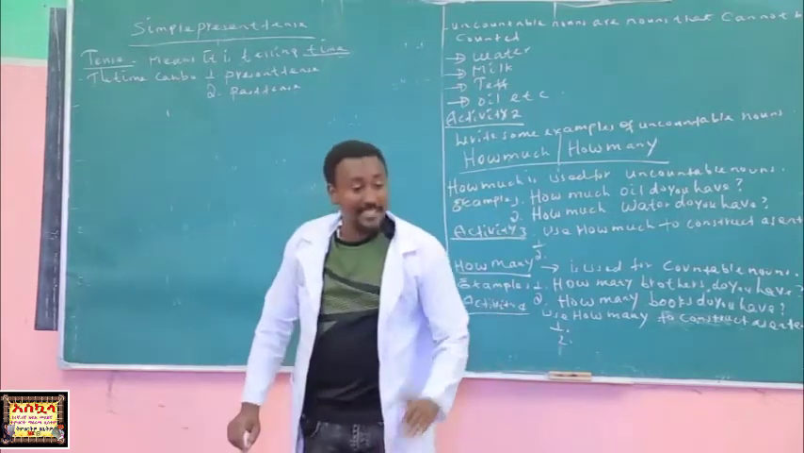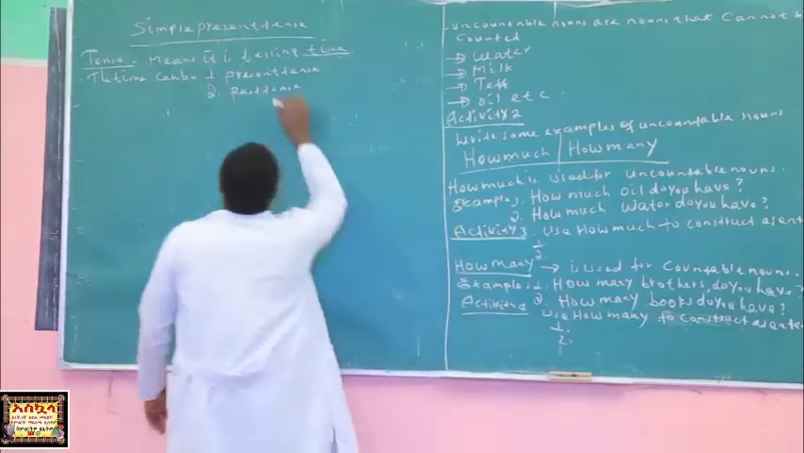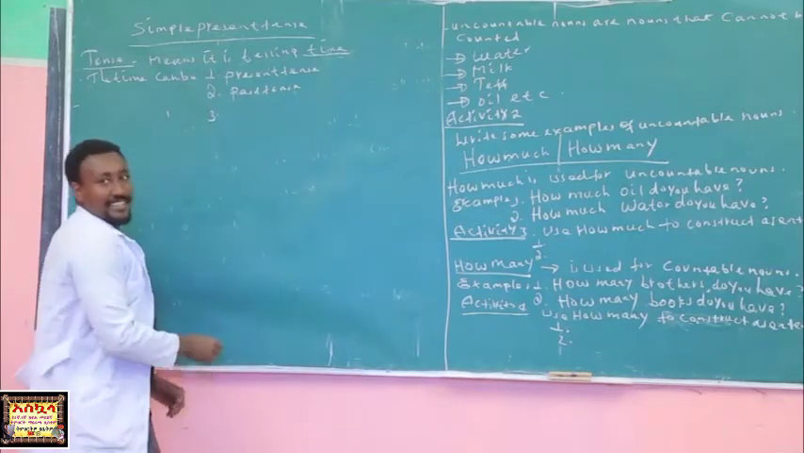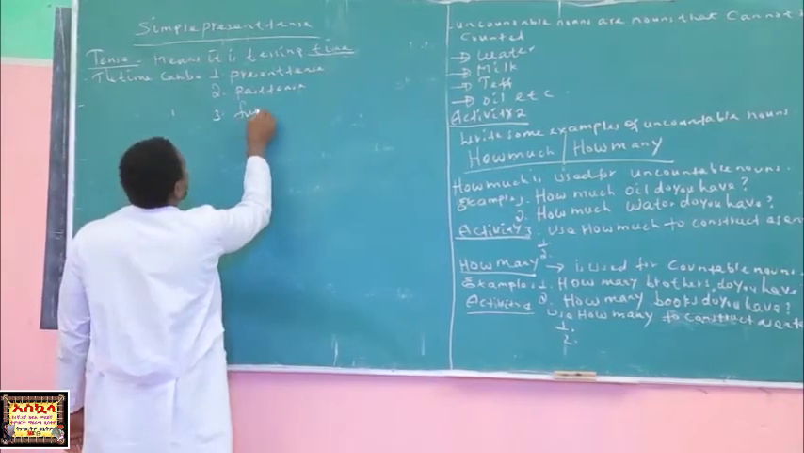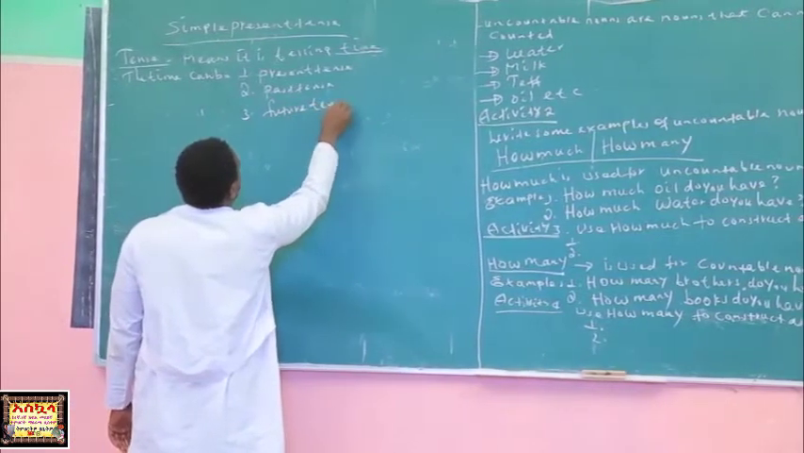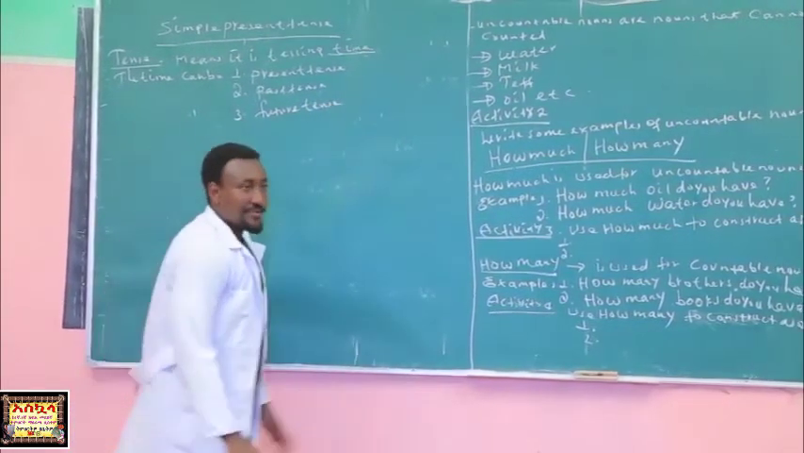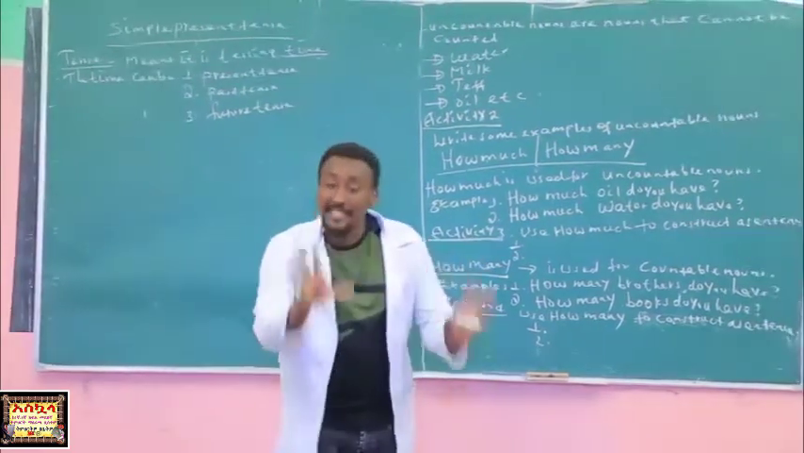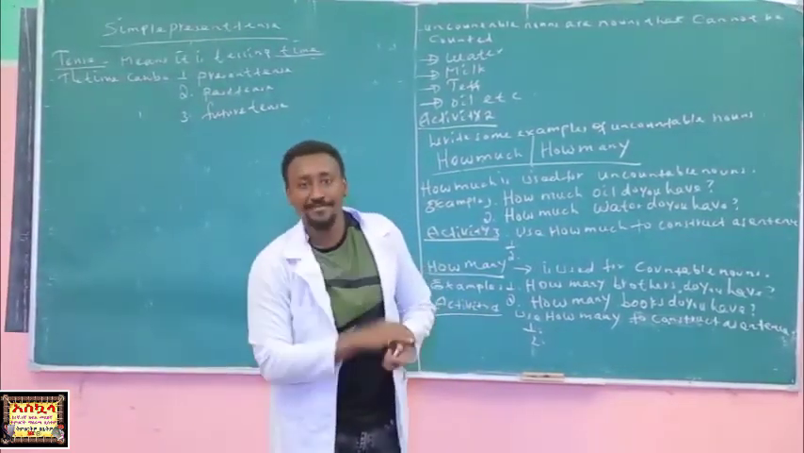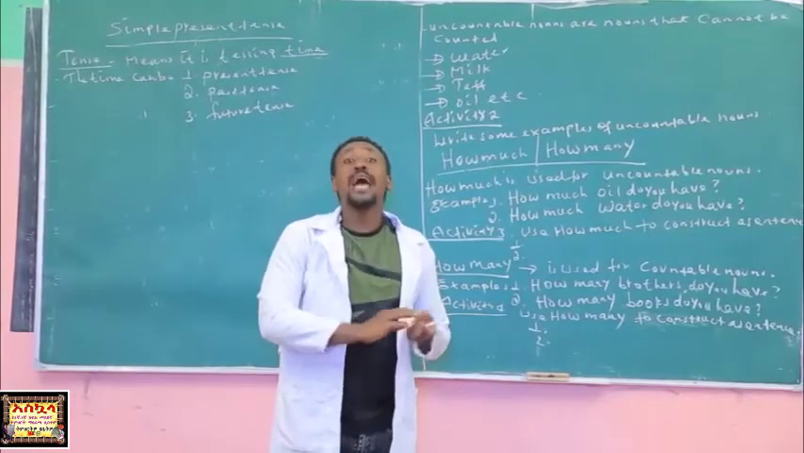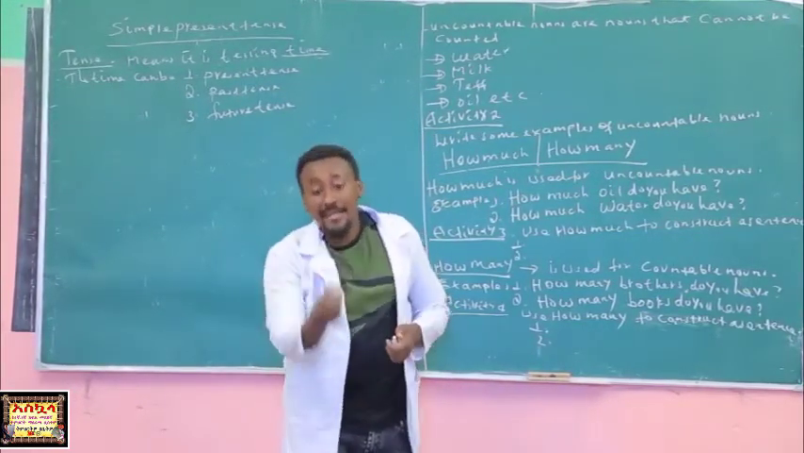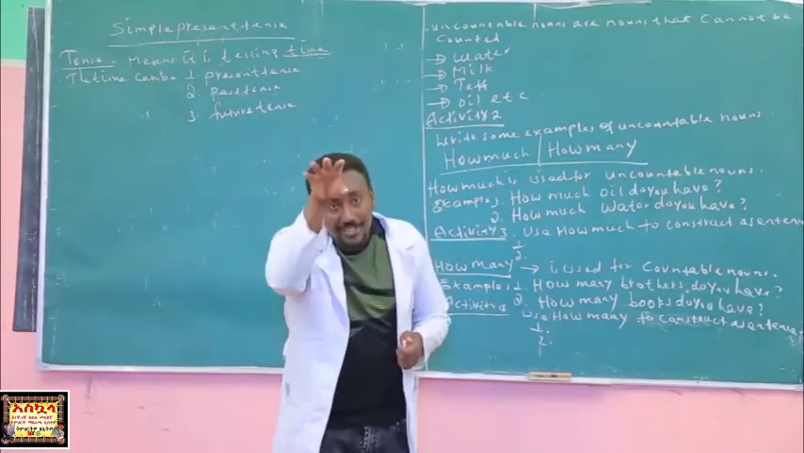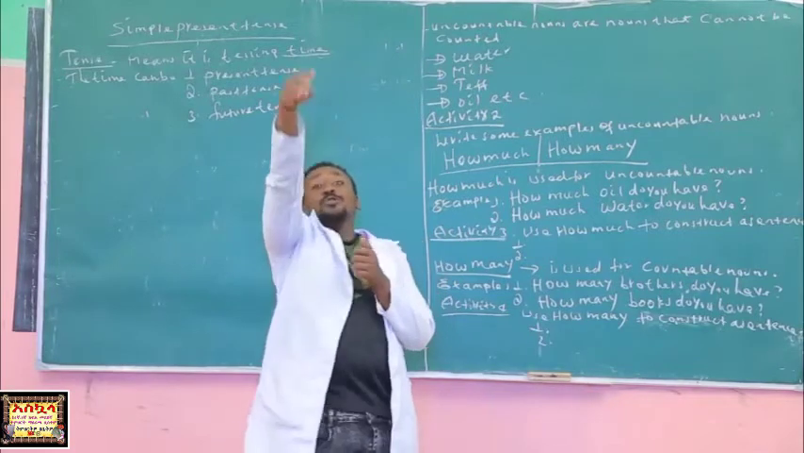So the second is past time. This is present tense time, past tense time, and the third is future. Future tense is again different from the two. Present tense, the action which is available now, the action which we are performing now. Past tense, the action that we did before. Future, the action that we will do